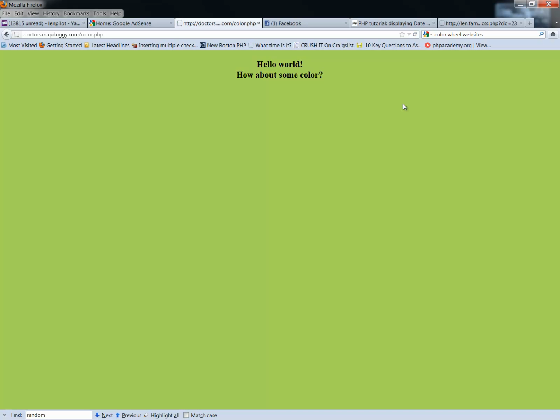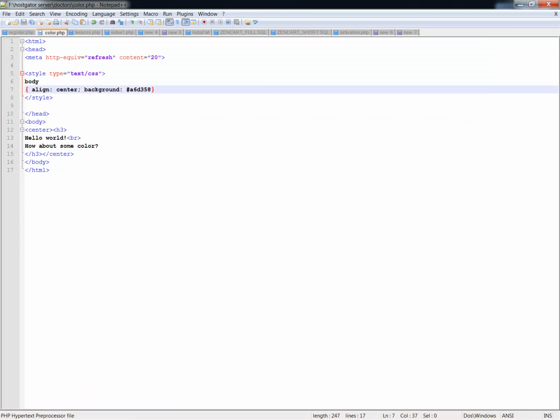So alright, now I've got a single color. So let's say I wanted to stick with this green, and that's great. But what if I wanted to switch that out? What if I wanted to, every time this page refreshed or every time someone visited it, what if I decided I wanted a different color in there each and every time? Well, that's where this